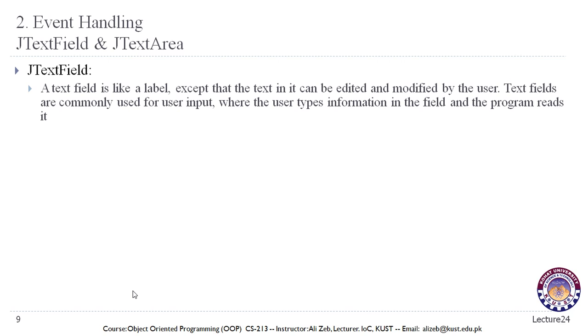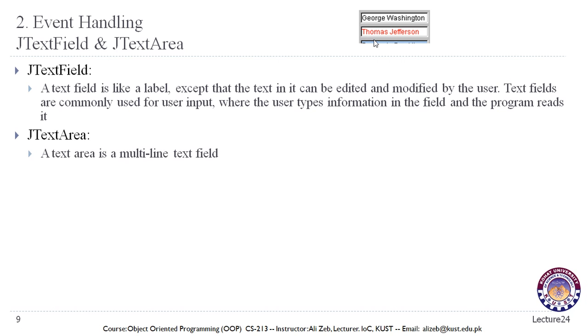But the text field, on the other hand, allows us to add or enter text into the text field. Text fields are commonly used for user input, where the user types information in the field and the program reads it. For example, this is a text field where we can add text from our keyboard. The text area, or JTextArea class, on the other hand, is a multi-line text